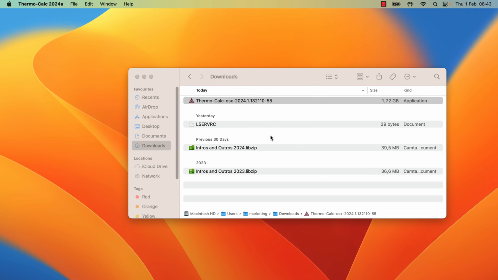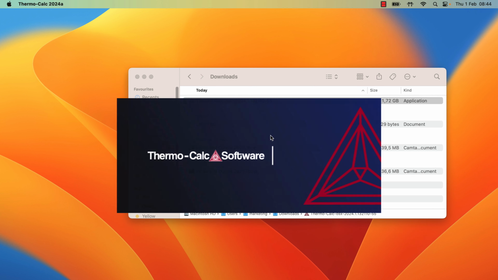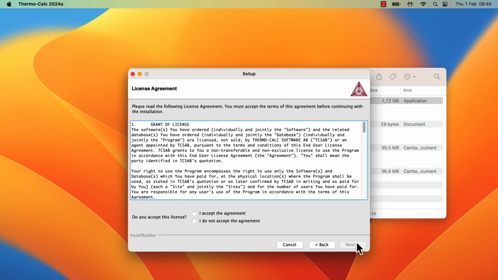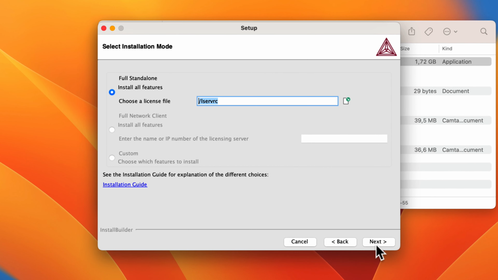Once you approve the installation, the Thermocalc Setup Wizard will appear, which will guide us through the installation process. In the Setup window, click Next. Read through the agreement. Then select I accept the agreement and click Next again. Now we must choose what type of installation to do.